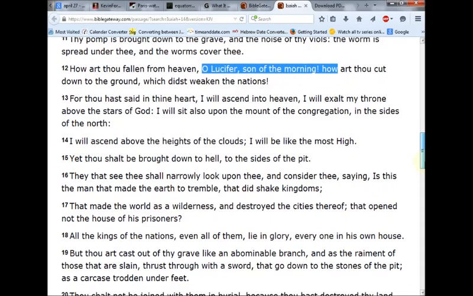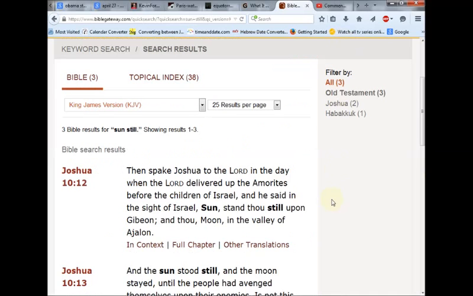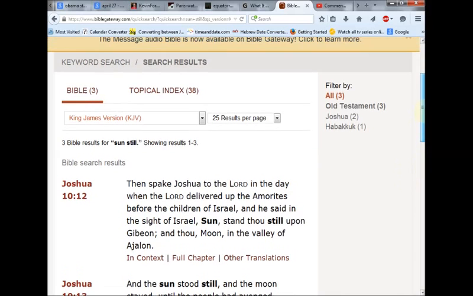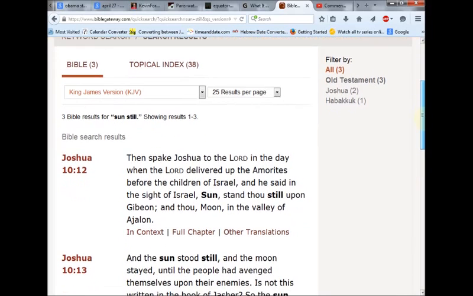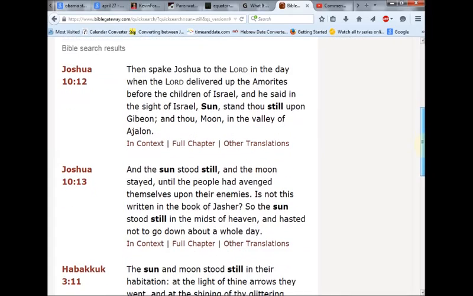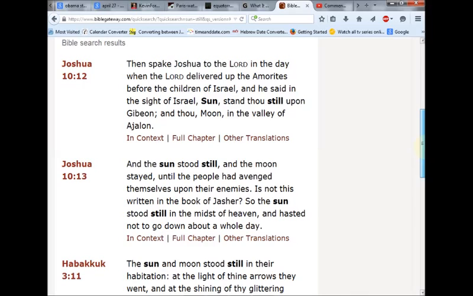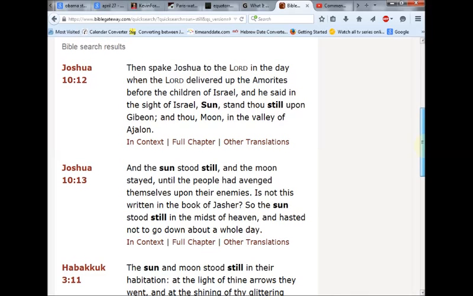Maybe in this water region that we just saw in the last verse. "I will sit also upon the mount of the congregation in the sides of the north." Now, for those of you that believe in God and have faith in Jesus Christ in the Bible and take it as the indelible doctrine of the Creator, the Bible is clear and God doesn't make mistakes.